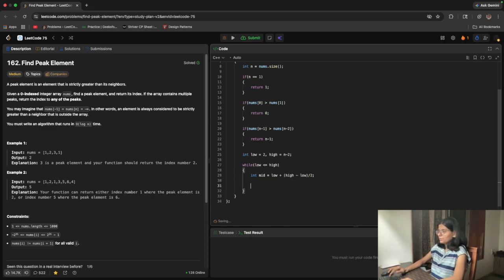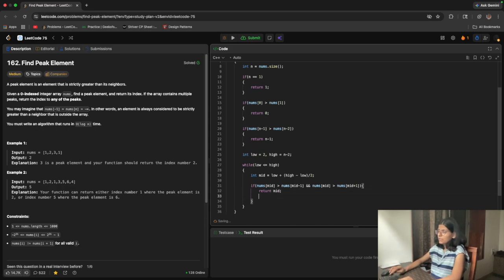Then I will check if nums[mid] is greater than the previous nums[mid-1], and nums[mid] is also greater than nums[mid+1]. It is greater than the previous one and also greater than the next one. Then I found the peak, so I will return that mid.